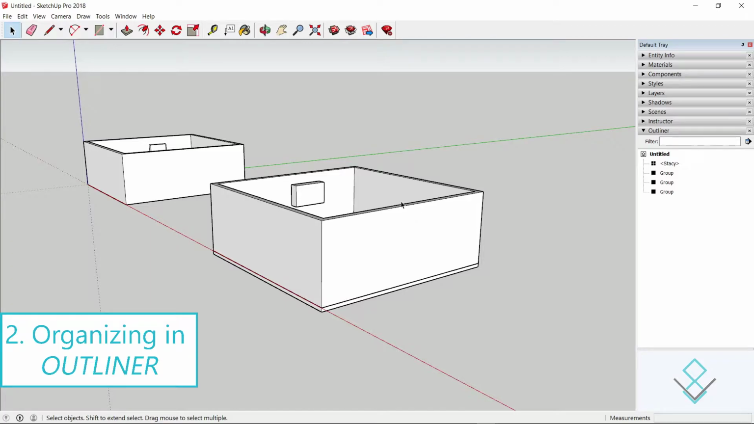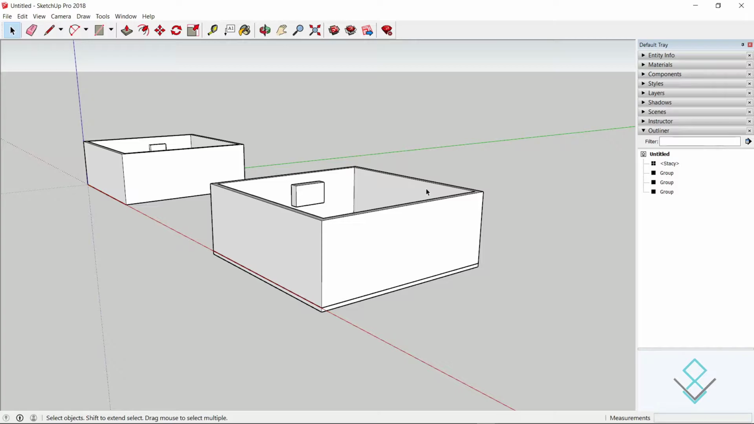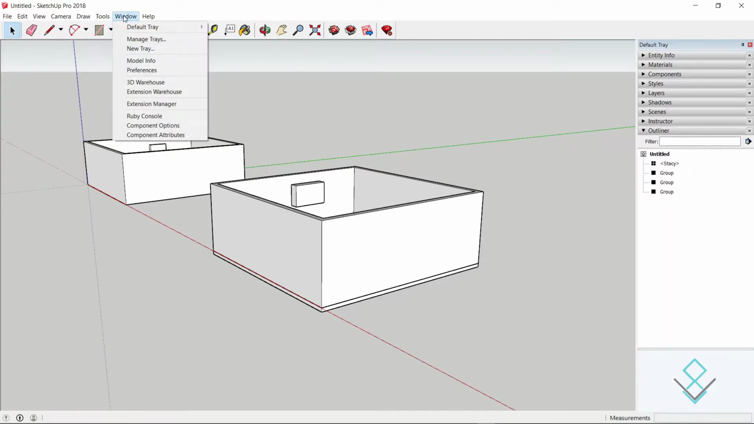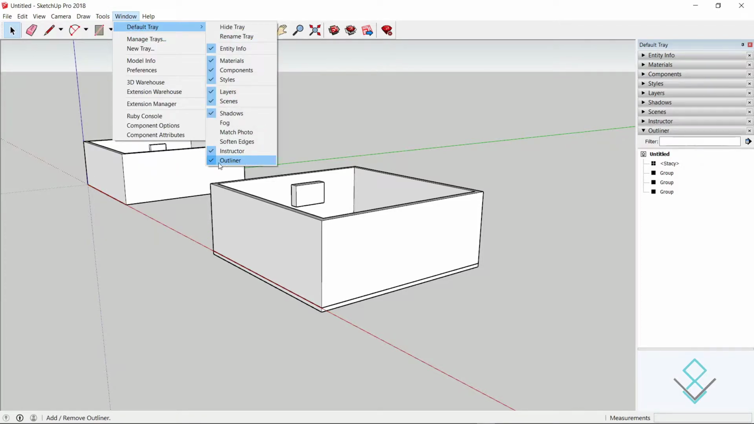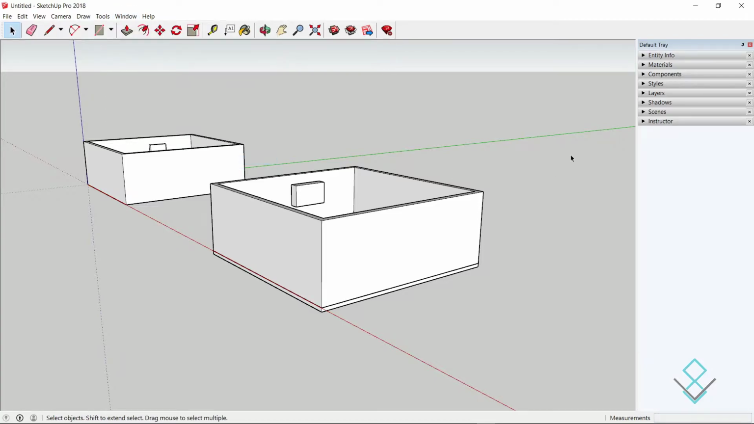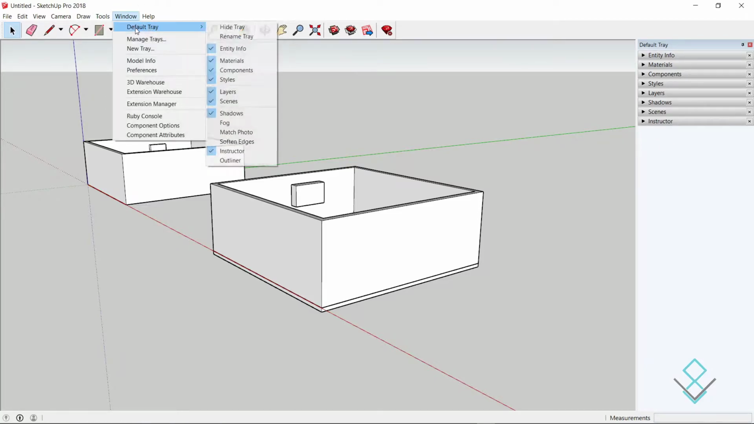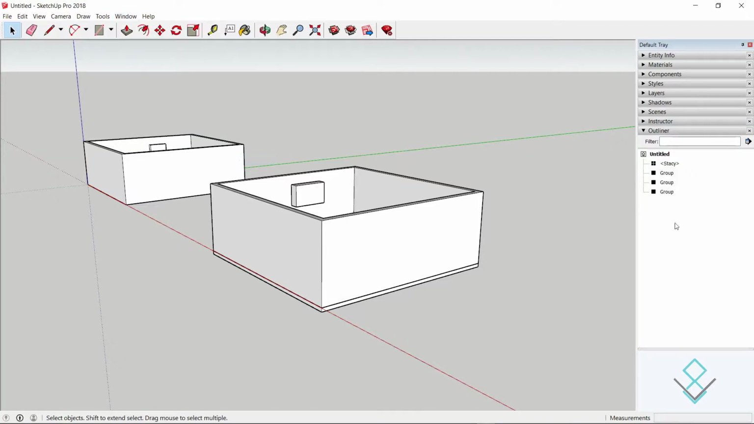Alright guys, so tip number two, organize your groups in Outliner. What do I mean by that? You might have noticed, under your default tray there is an option called Outliner. This might not be switched on by default, so what you will have to do is go to Window, Default Tray, and make sure this Outliner is ticked. As you can see, an Outliner gives you a